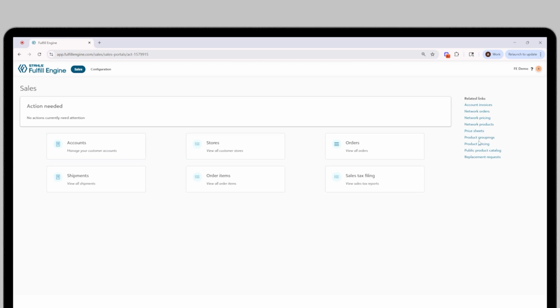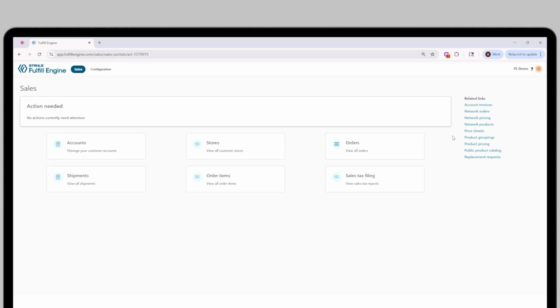In addition, we give you the ability to use product groupings. Product groupings are a way that you can give a filtered view of a catalog to a specific account, allowing them only to use specific things. This is commonly used if you are working with a customer who has access to their account. You intend for them to be self-service, but they may be overwhelmed with the vast amount of options that you have. Instead, you've narrowed the focus for them and given them a smaller scaled recommendation of product that possibly fit within their price point, have good inventory, and that overall match what they're trying to achieve with a store or